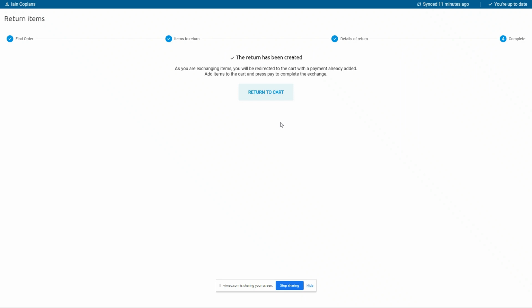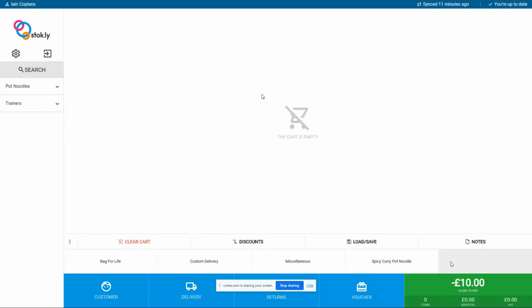Again, we get 2 receipts come out. One is for your till drawer and one is for the customer. And you'll notice here, now we've got a negative balance of £10. So we can now add any item into the cart, and if it's the same value, there's no money owed